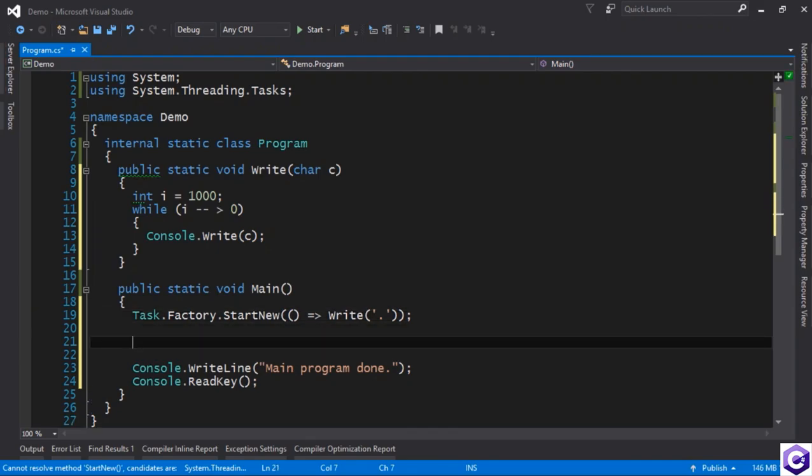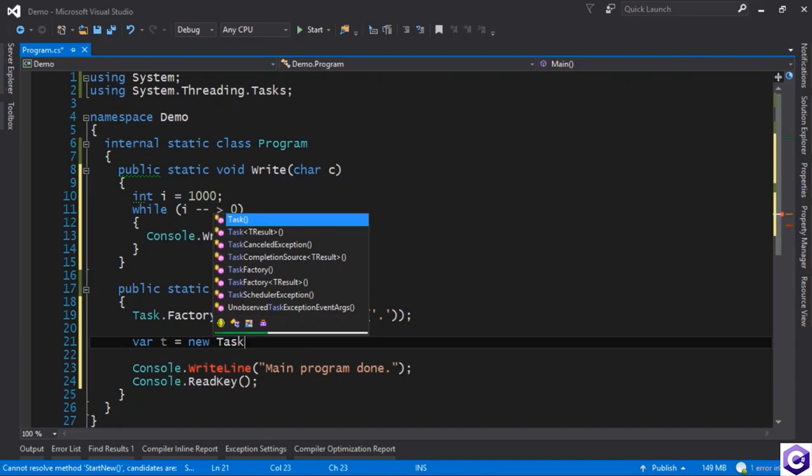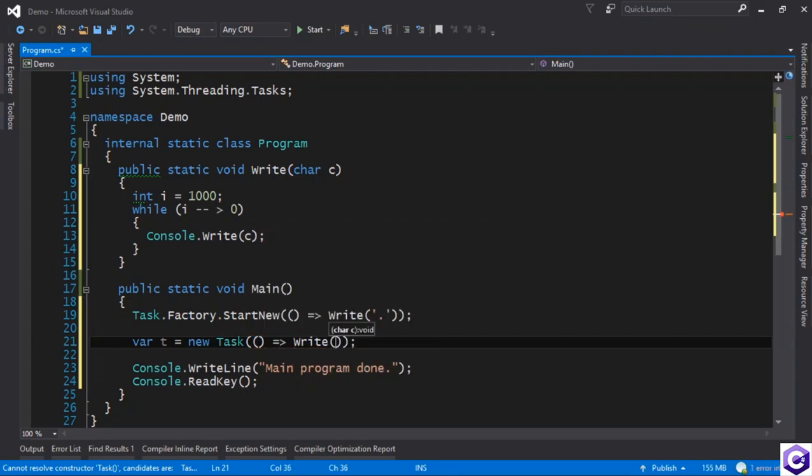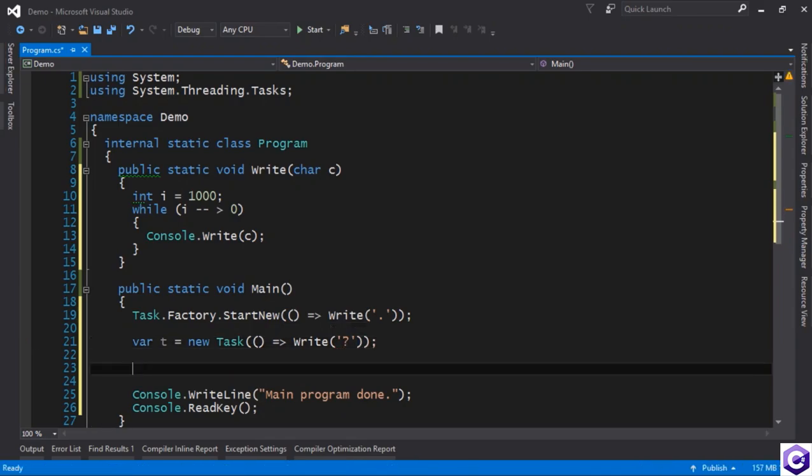Now, there is a different way. The different way is to explicitly make an instance of the class Task. So you say var t = new Task. And here, if you look at the constructor documentation, it's roughly the same thing. It just takes an action, basically. So you can once again provide a lambda. And here we're going to write a couple of question marks. Okay, so there is a difference between